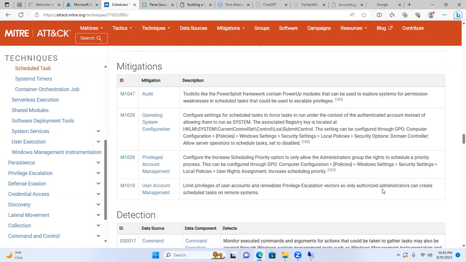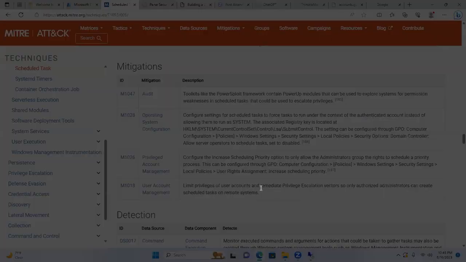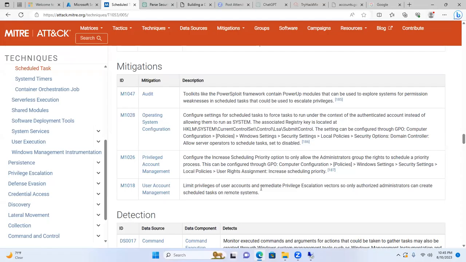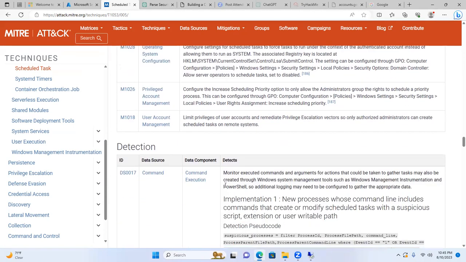So you only authorize administrators that can create a scheduled task on the remote system. In my case, I was the one who did it, so it wasn't that bad. It wasn't malicious. But with that being said, this is the explanation of how to triage and further take action on rules created